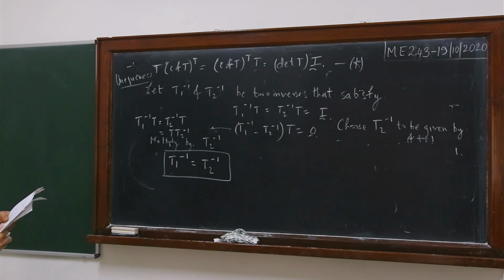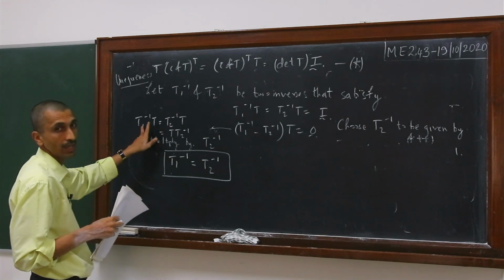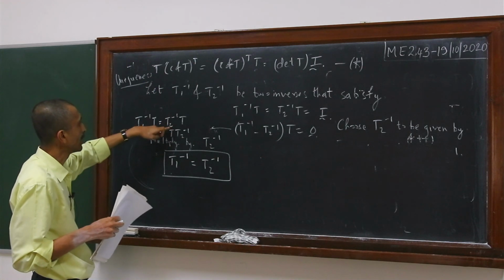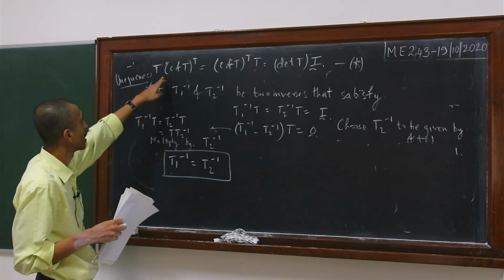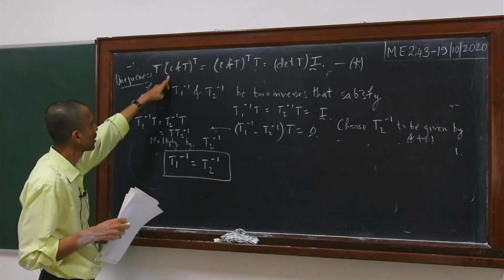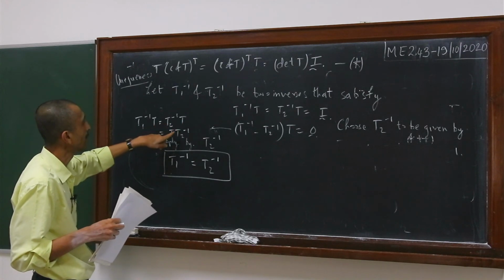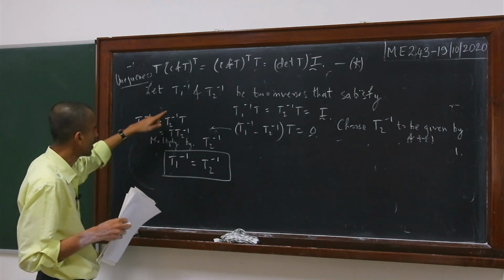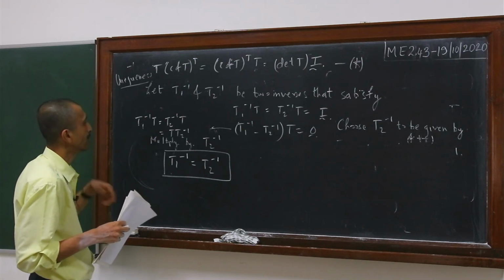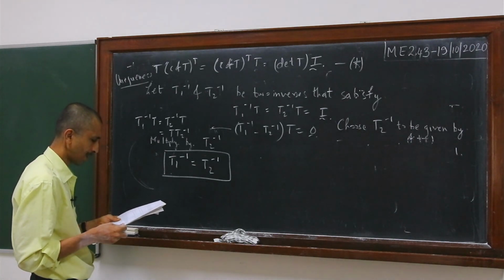As I said, here we could not assume that T1 inverse T is equal to T inverse. But for T2, because of this choice, I could write it as cofactor T transpose divided by the determinant of T. Then I got that T times T2 inverse is equal to T2 inverse times T, and if you multiply by T2 inverse, you will get this particular result here. Okay. So I think we will stop here. We will continue.